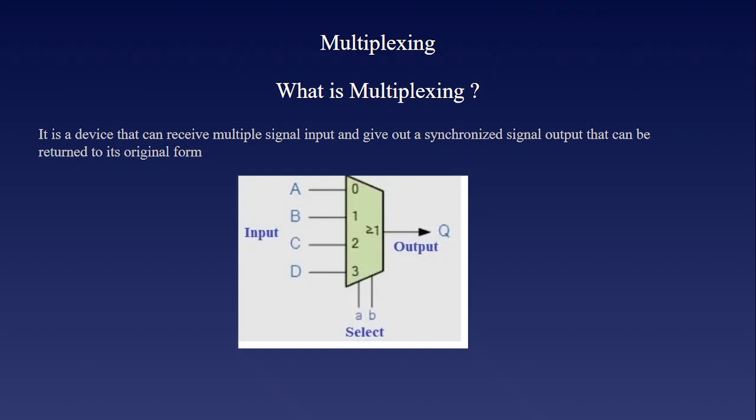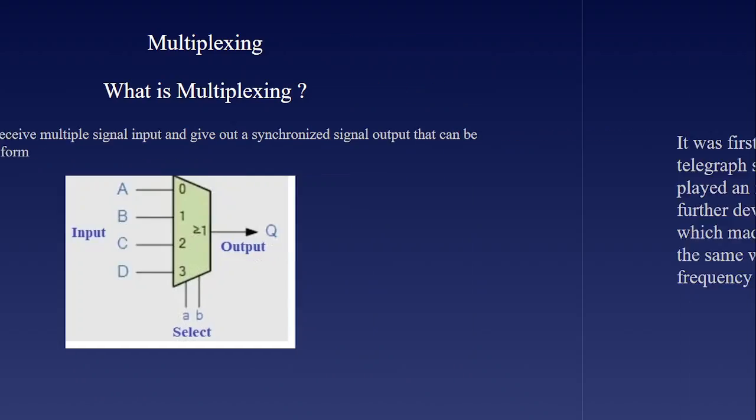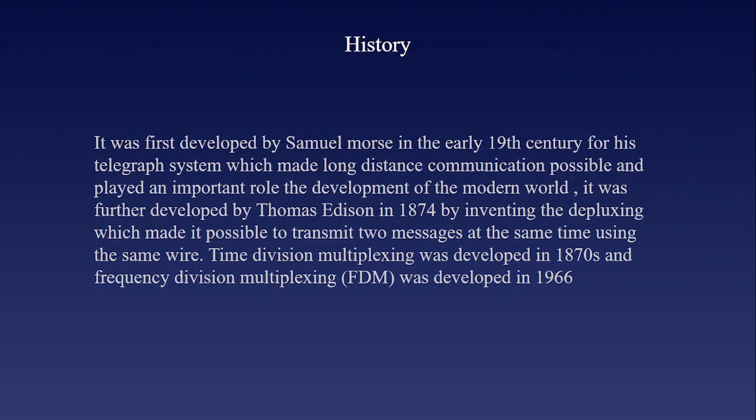What is multiplexing? Multiplexing is a device that can receive multiple input signals and give out a synchronized signal output that can be returned to its original form using a demultiplexer, which basically acts as the opposite of the multiplexer. Let's briefly talk about its history. It was first developed by Samuel Morse in the early 19th century for a telegraph system,